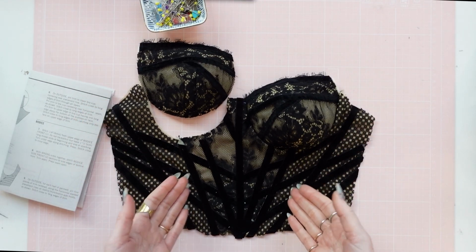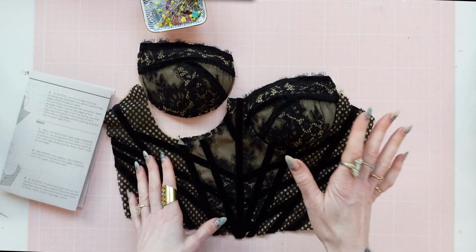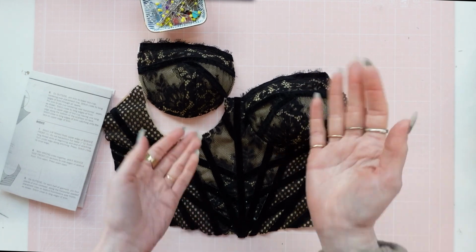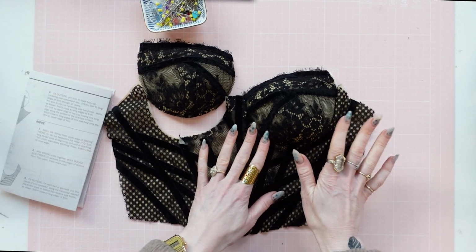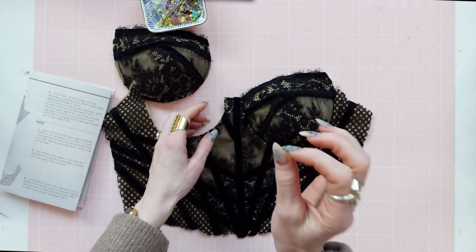The boning channels are on, and look, we have one boob. For this next step, I think it's so helpful to see what the end result should look like versus trying to explain it beforehand. Okay, so for the bra cups, I did this as an example because I know that they're going to be the sewist who